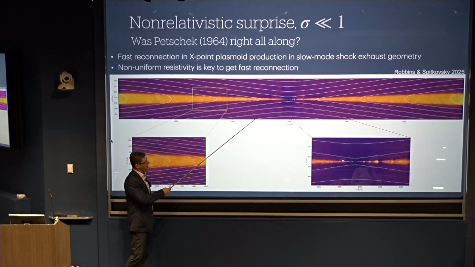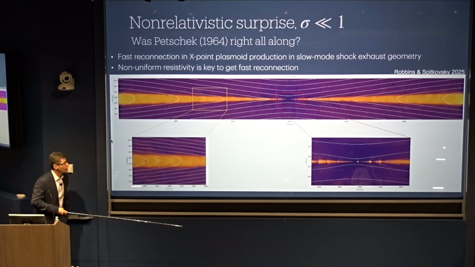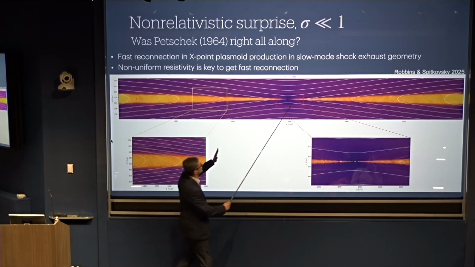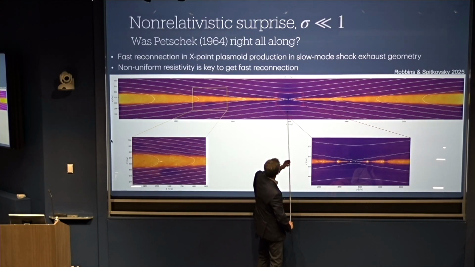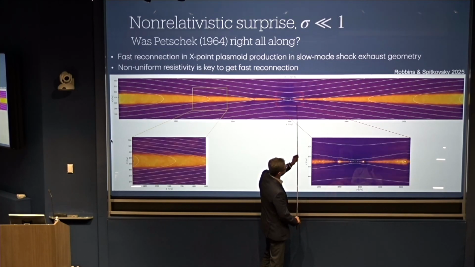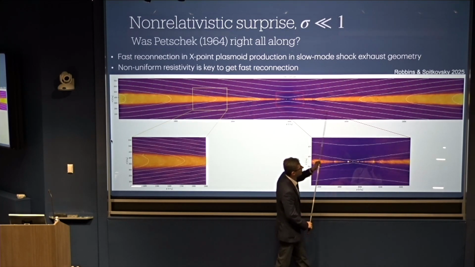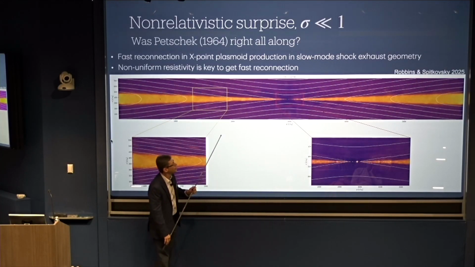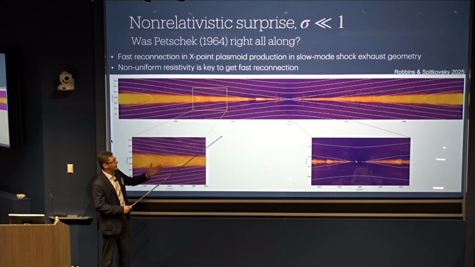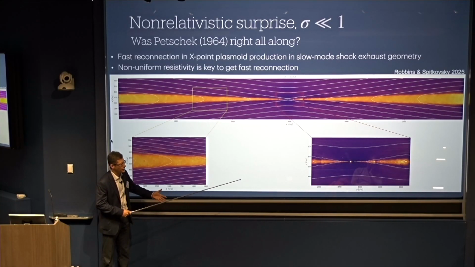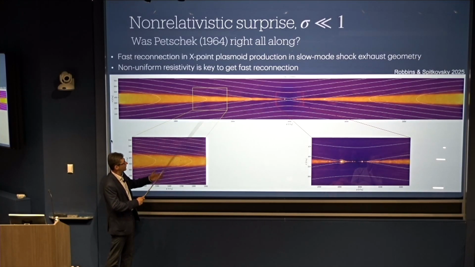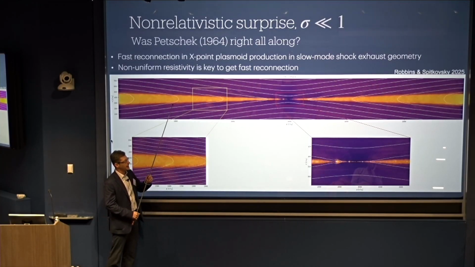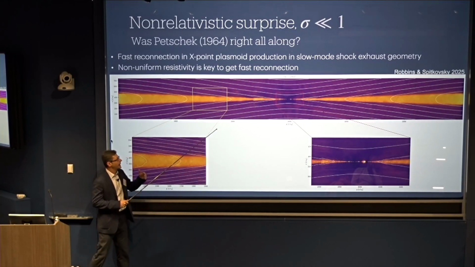The main difference between this simulation and what has been done so far is just the size of the simulation. Previous simulations were kind of stopping somewhere around this red box, and it wasn't quite clear what's going on. But if you go just for another factor of 3 to 4 to 5, things become more clear. In a way, it couldn't have been anything else, because mass has to be conserved. And it's very hard to conserve mass in an island chain which has nowhere to go, right? So it had to have a single outflow. And it seems to form it here.